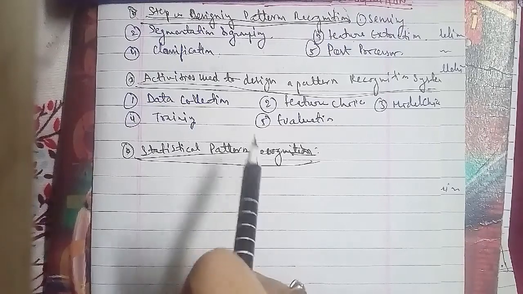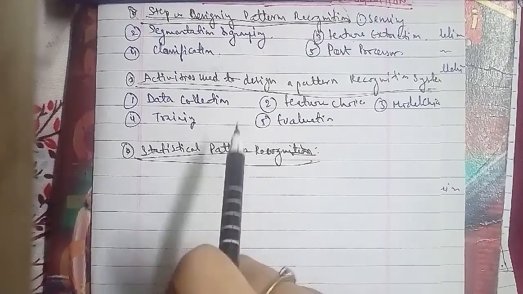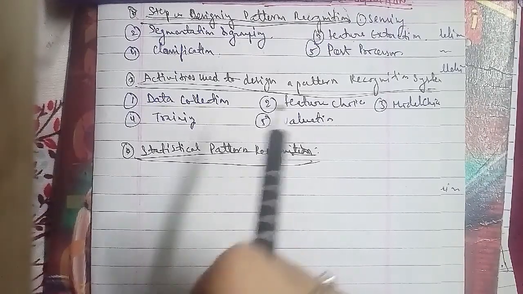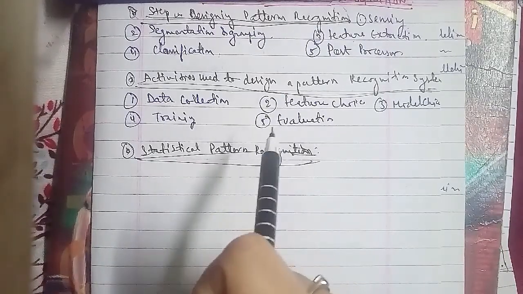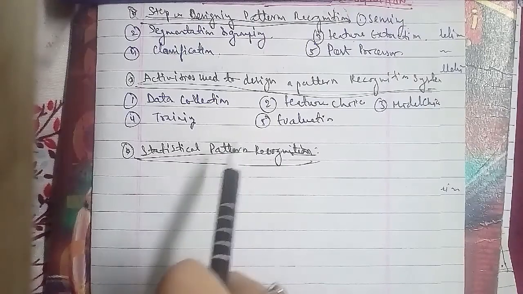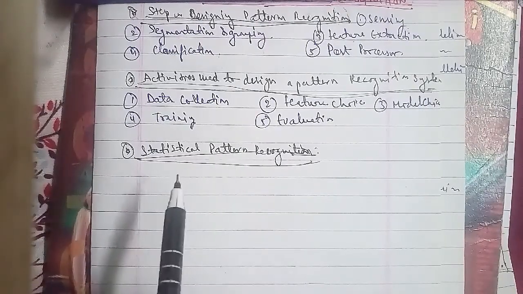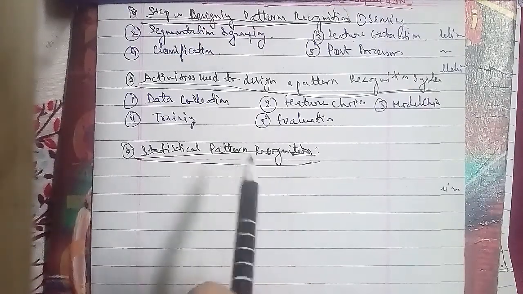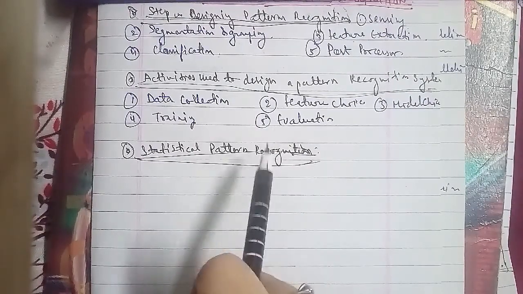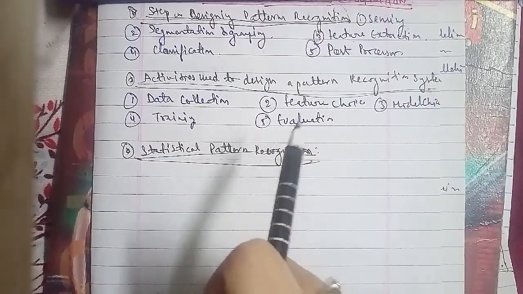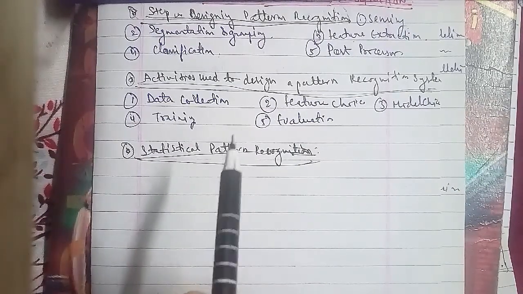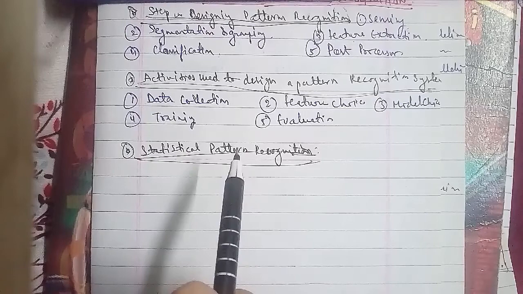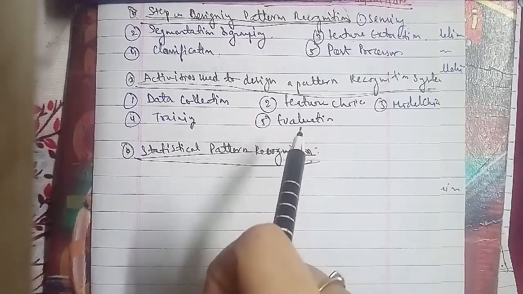The goal is to choose those features that allow pattern vectors belonging to different categories to occupy disjoint regions in a d-dimensional feature space. The effectiveness of the feature space is determined by how well patterns from different classes can be separated, and given a set of training patterns from each class, the objective is to establish the decision boundaries in the feature space which separate the patterns belonging to different classes as well.